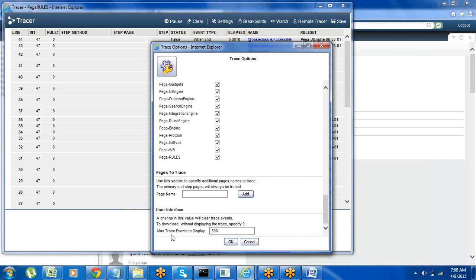Here you can select how many lines you want to display.